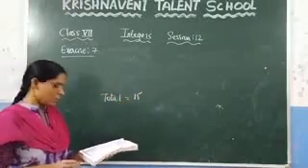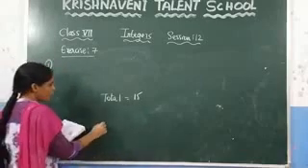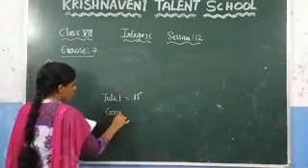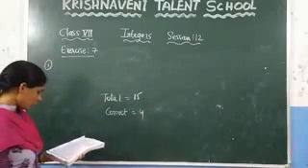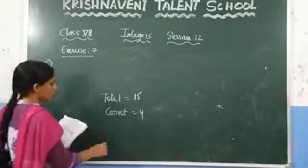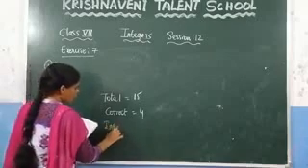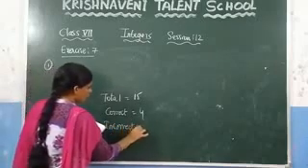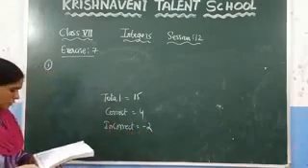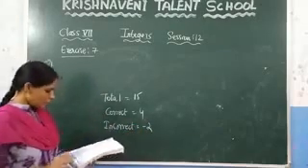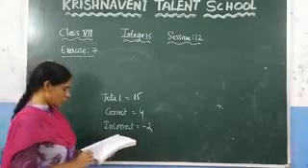marks are given for every correct answer. So for every correct answer they are giving 4 marks, and minus 2 marks for every incorrect answer. That means if you have written the wrong answer, they are deducting here 2 marks. Minus is nothing but they are reducing 2 marks. So here based on this they have given 2 questions here.